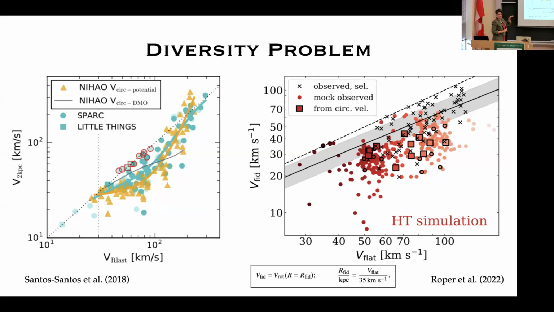And they said, actually, you know, it's like we've gone back the other way. We used to not be able to make cores. Now we can really make cores, but we can't make the steeply rising things. And this is another example of that from Roper et al. This is using, I believe, the Eagle model for galaxy simulations.